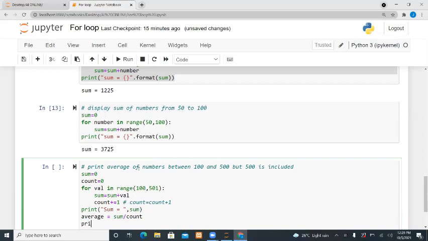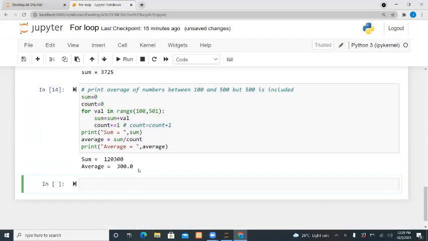Then I print the average by average equal to, print here average. You see we have the sum is